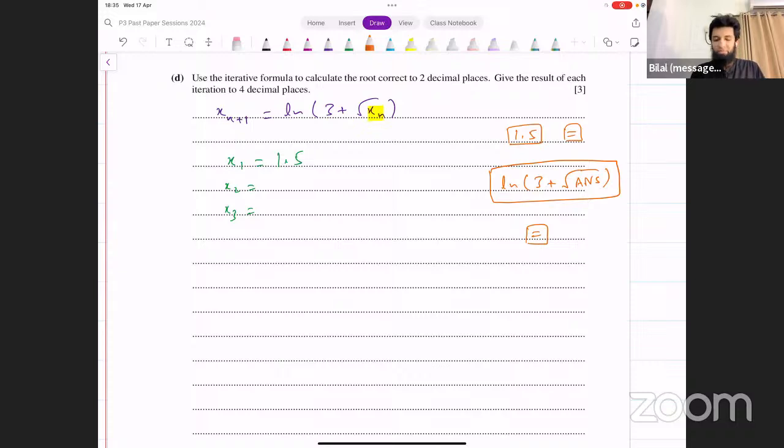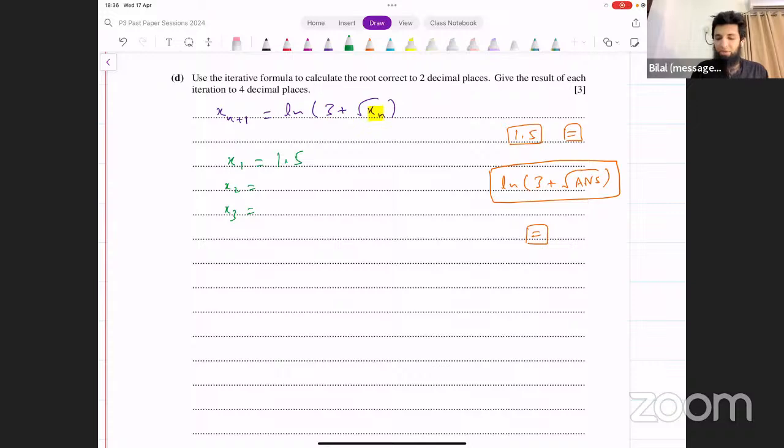Let me do this. These are the easiest marks on this paper. Make sure that you understand this process very well. It's the same question repeated every time, sometimes 3 marks, sometimes 4 marks. So what do you do? Write 1.5, press the equal button. It saves 1.5 in the answer button of your calculator. Then put ln of 3 plus under root of answer. Brackets closed. Press equal, and I'm getting